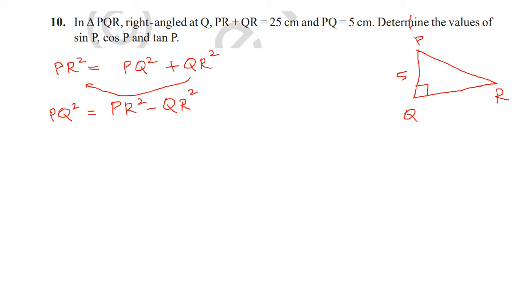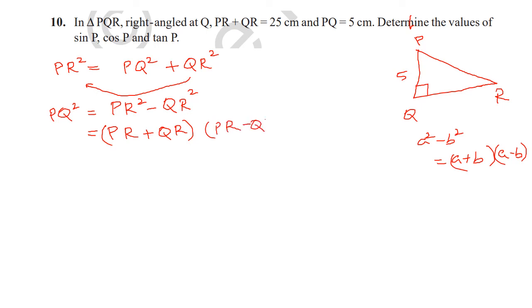Now we are applying A square minus B square is equal to A plus B into A minus B, and then we get this is equal to PR plus QR into PR minus QR. Do you get me? So we have PQ is 5. So we have 5 square, 25 is equal to PR plus QR